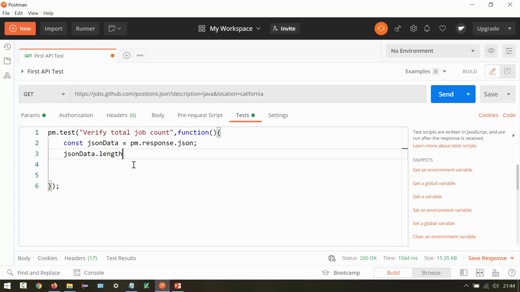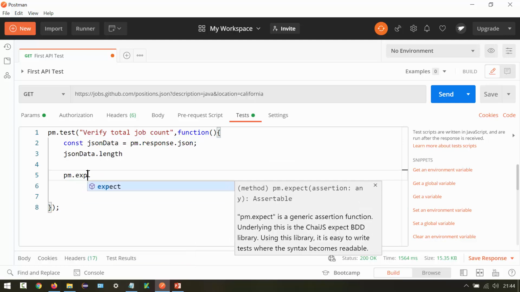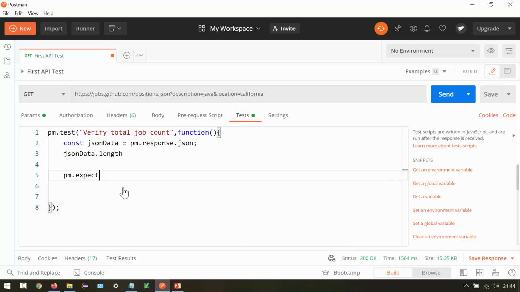We want this length to be equivalent to 3, so for that I can say pm.expect. If you see the help here, pm.expect is a generic assertion method, so this is the assertion method we can use.